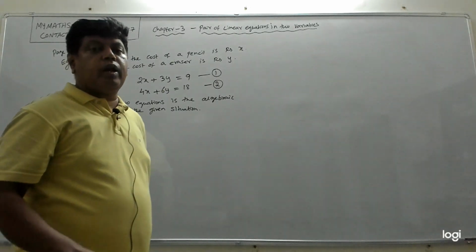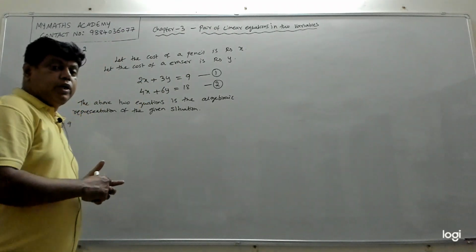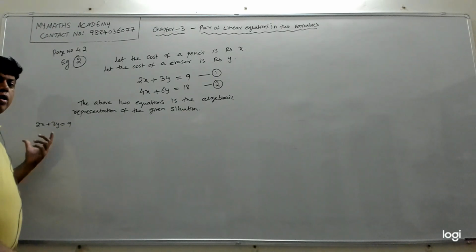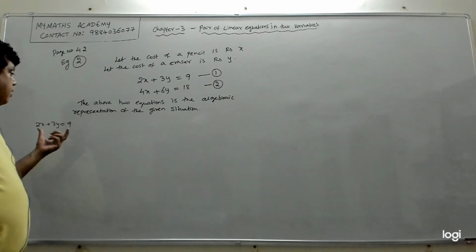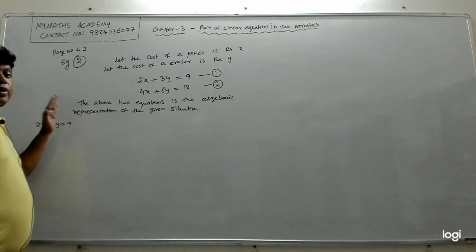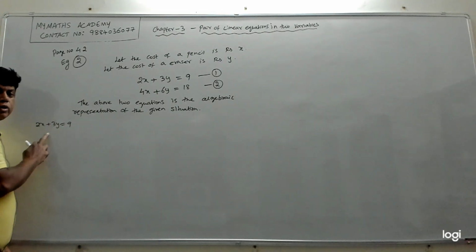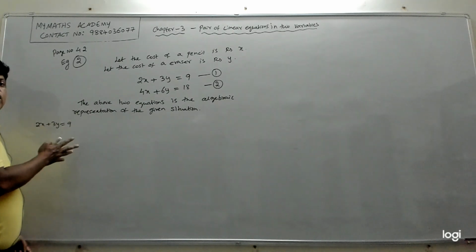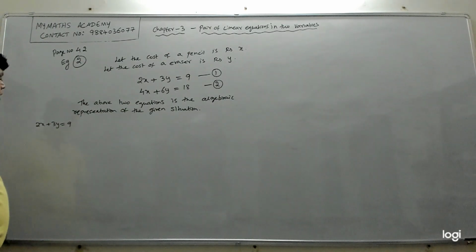Whenever we try to draw the graph, what did I say? We have to keep one variable on one side and move everything else to the other side. We can keep either one of the variables. We generally prefer a variable whose coefficient is 1. If any variable has the coefficient 1 or minus 1, we'll keep that variable on the left side and move the remaining to the right side. Here, none of them has the coefficient 1 or minus 1. The coefficient of x is 2 and the coefficient of y is 3. So in that case, we can keep y here and take the other things to the other side.